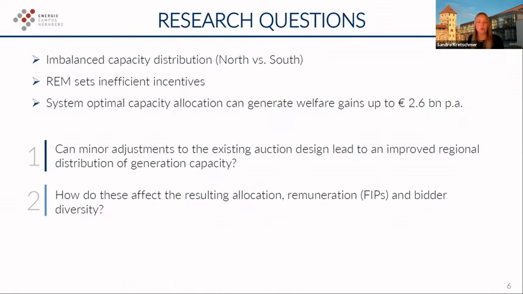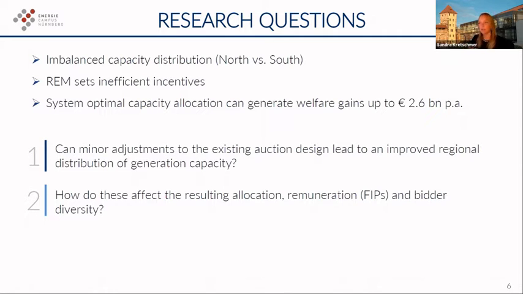This leads me to our main research questions, or the aims that we had with this study. So first of all, can minor adjustments to the existing auction design lead to an improved regional distribution of generation capacity, so that we have wind plants spread out more evenly across Germany or more concentrated in the south where the demand is? And how do these minor changes or adjustments affect the resulting allocation, remuneration, so the feed-in premium,